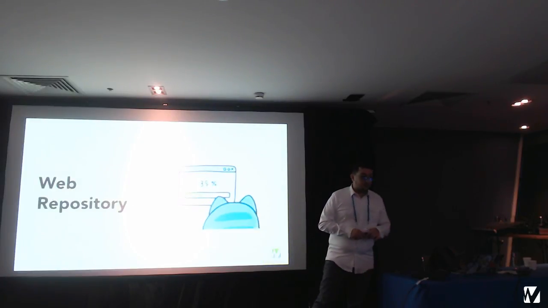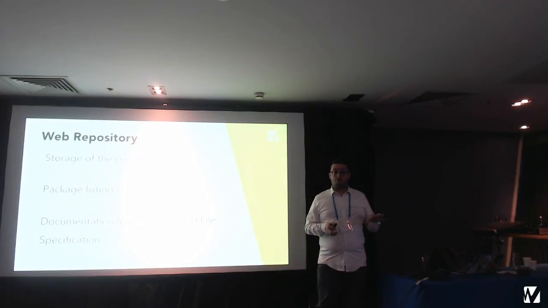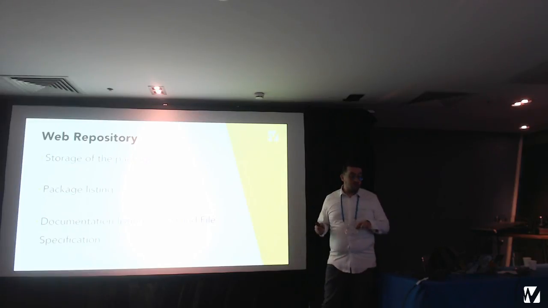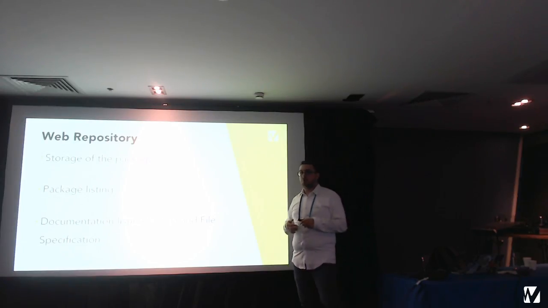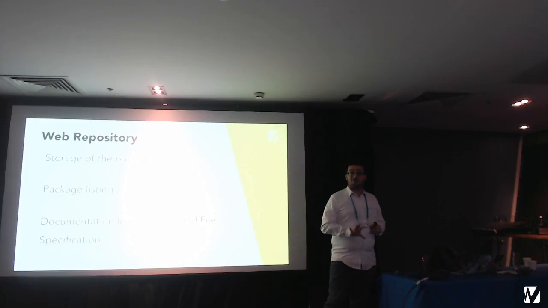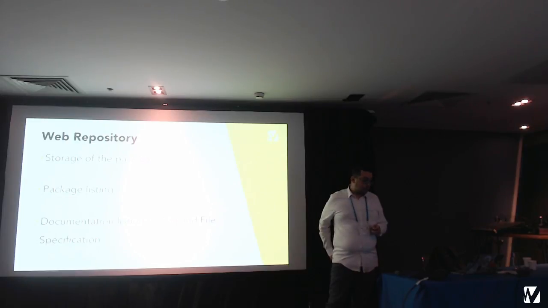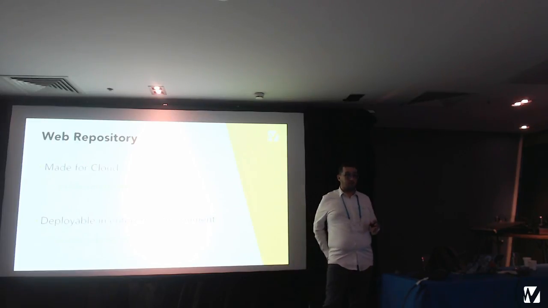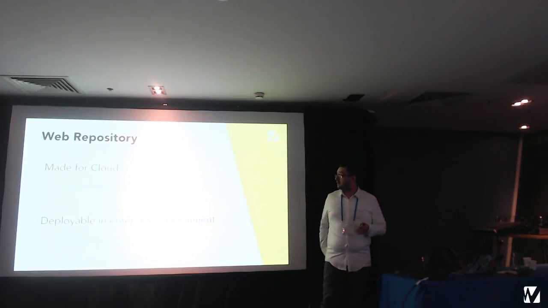The web repository, its role is only to store your packages. So if you want to publish your package, in the repository it will be stored. And when you want to search for a specific package, you go there, type your package, enter, and it gives you some packages with the same name. It also contains the documentation for the CLI and file specification. And it is made for cloud as a public repository, but it can be deployable in enterprise environments, in private